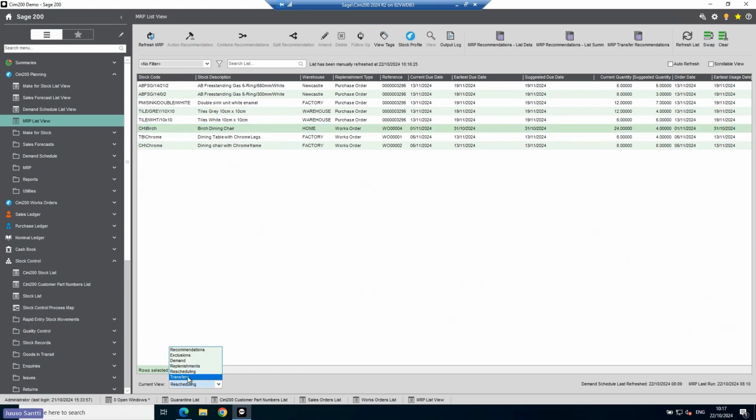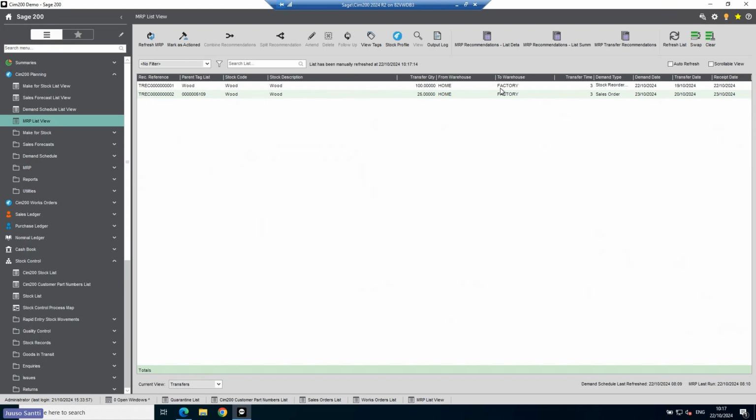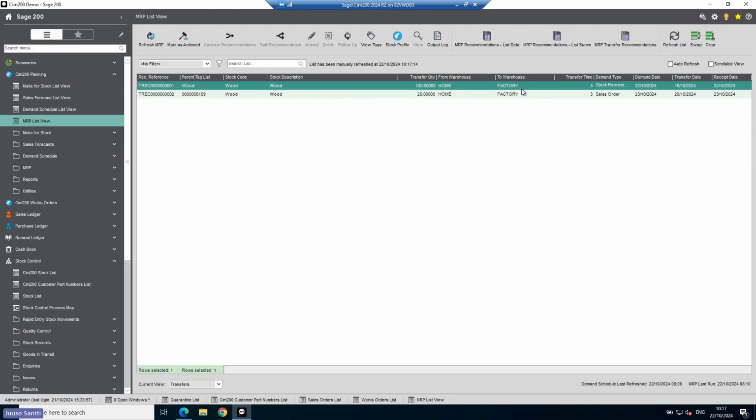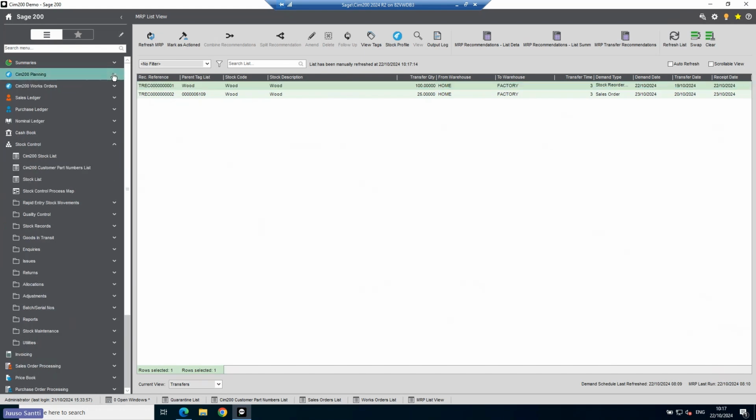Similarly, we have the stock transfer recommendations. So you can see it goes from home to factory warehouse. Where is the demand high? Where there's a sales order, stock reorder levels and suchlike, and the transfer time is 3 days. When do we need to transfer it and when would we receive it? Okay. So just a few things there on the MRP side of things, and you can have sales forecasts for customers